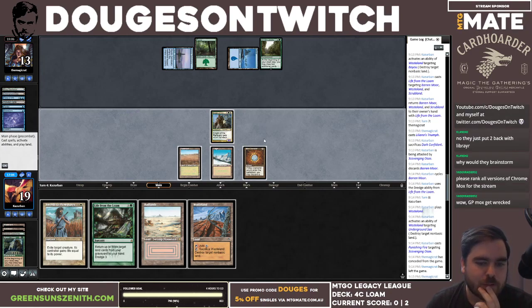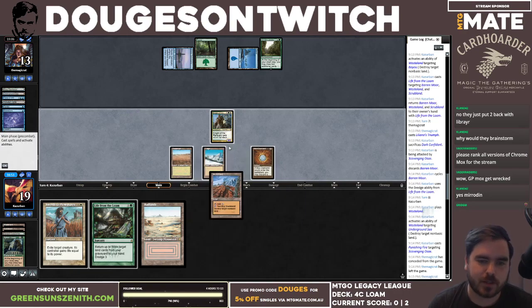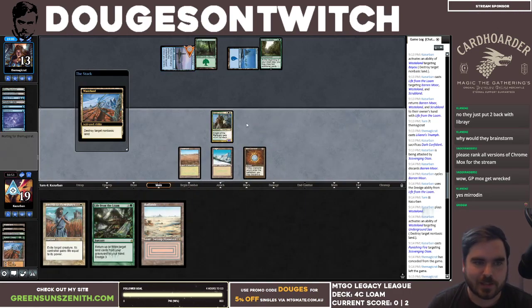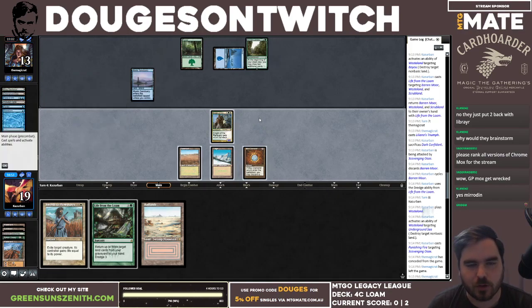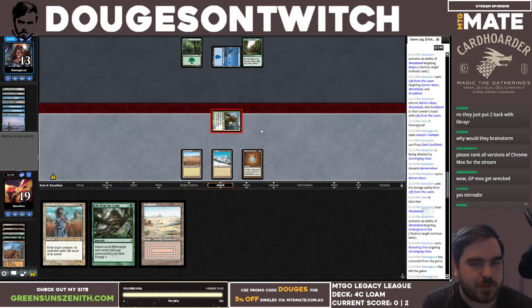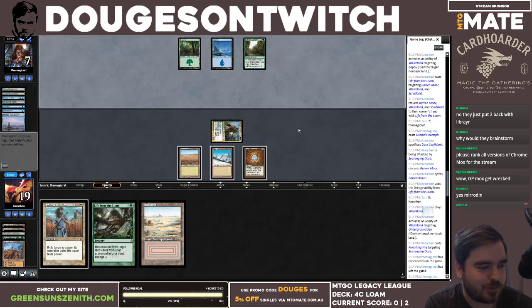Okay. So I have a Wasteland in hand, but I kind of like just casting Loam here. Because if my opponent... Maybe actually... Let's just go Wasteland. Hit their Mystic Sanctuary. Attack for 6. And then Loam. I want to get pretty aggressive. I don't want the Sylvan Library to take over the game. Well, I passed turn, so...